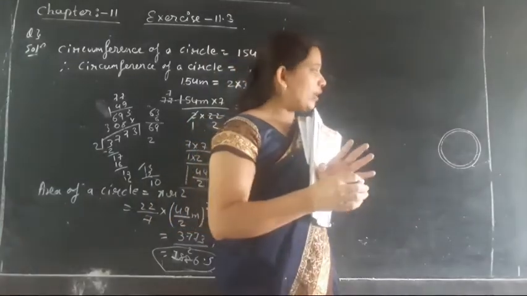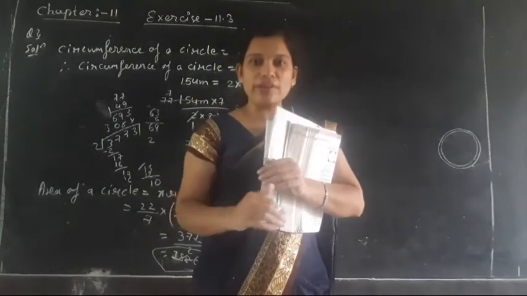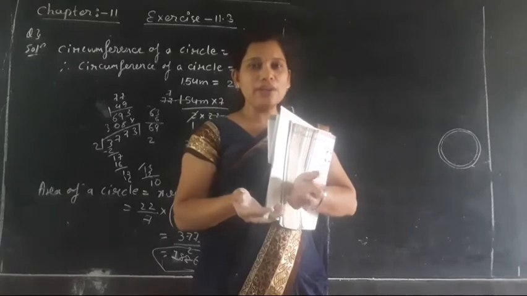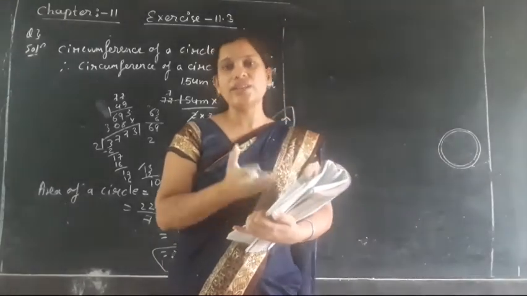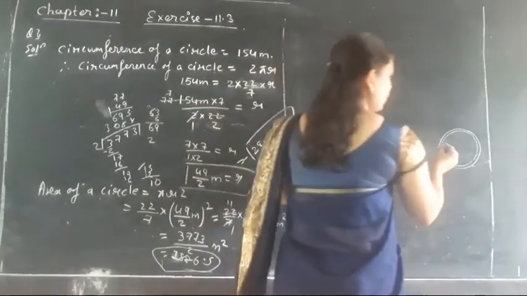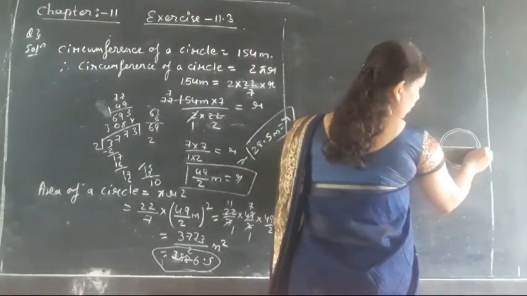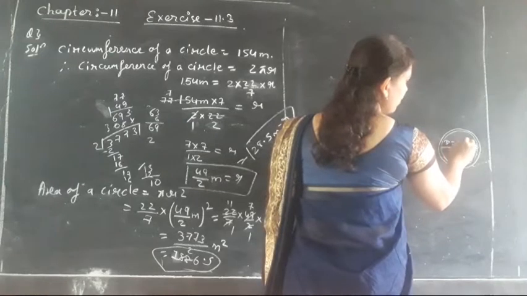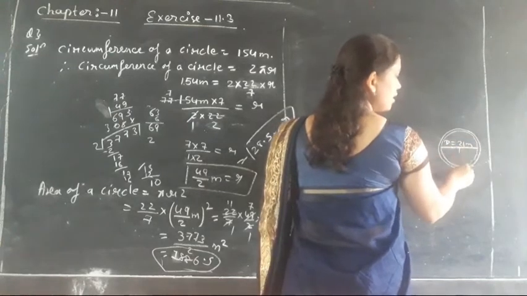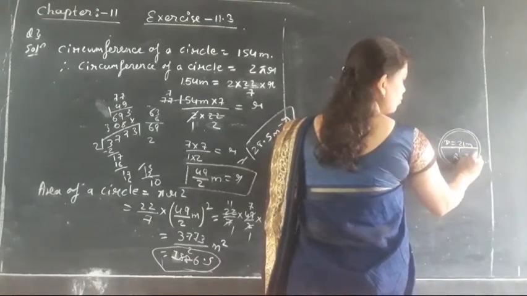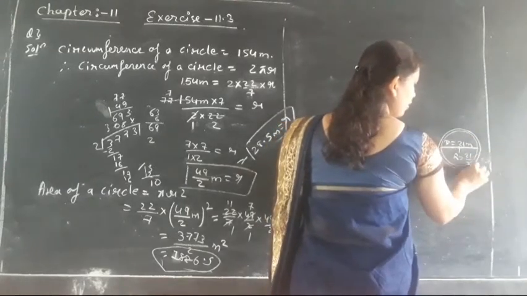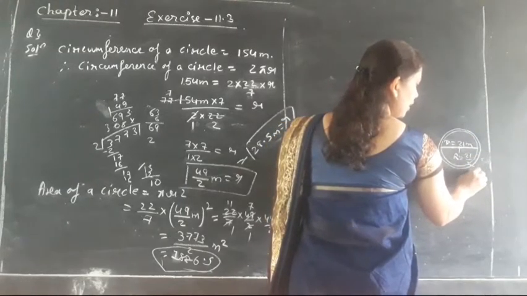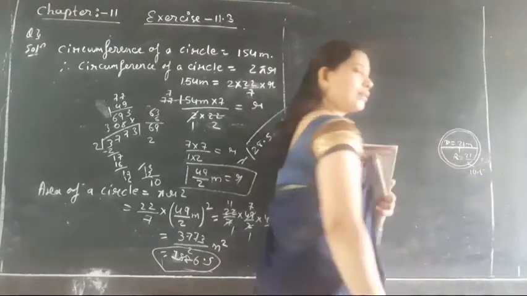Okay, so what he has to do? He has to create a boundary. So boundary will be in the shape of a what? Boundary will be in the shape of a circle, as the park is in the shape of a circle. Now it is said that the circular garden diameter is given as 21 meter. That means radius is how? So radius will be equal to 21 upon 2. If you are going to divide this, 21 को अगर 2 से divide करोगे तो कितना आएगा? 10.5. उसका रेडियस हो गया.